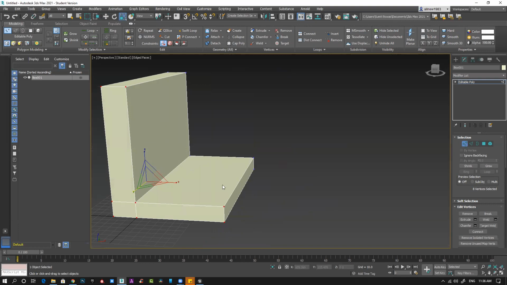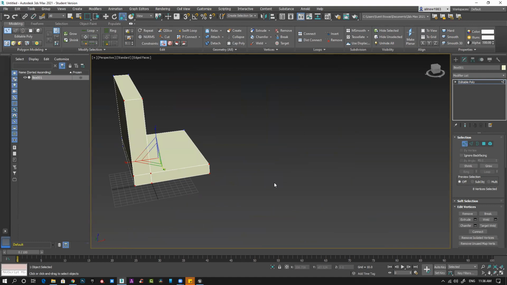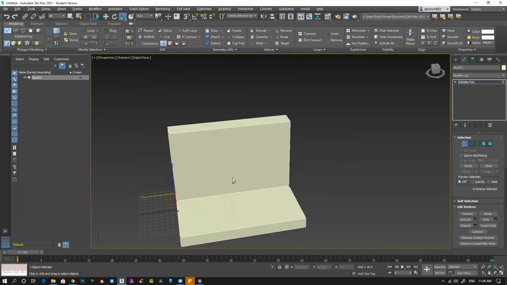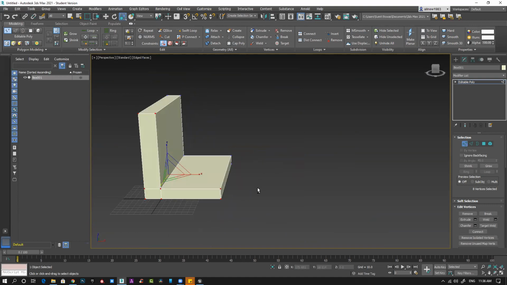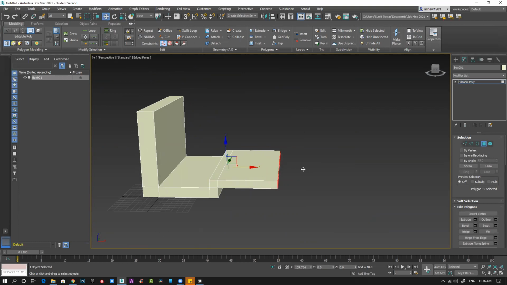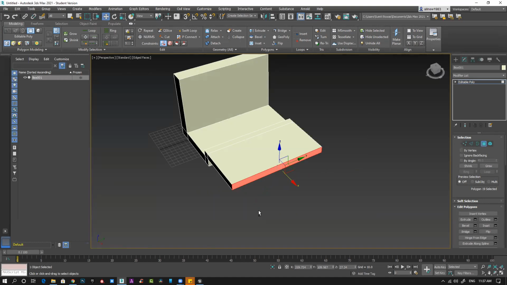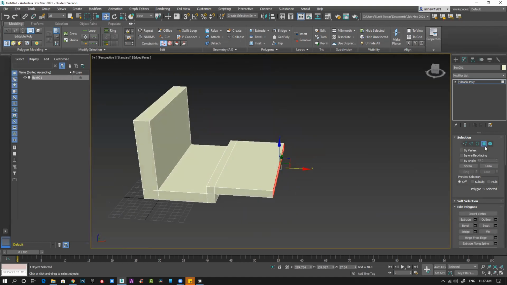So I just created this L-shaped wall, and I'm planning to create a platform, and just create another swift loop. I'm planning to create a platform, a subway kind of station.